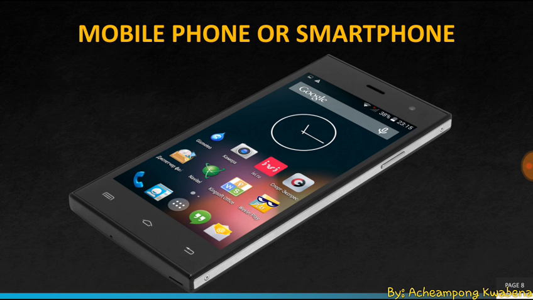And the next one, we have mobile phone or smartphone. The mobile phones we see our parents using are also examples of computers. They also accept data, process the data, store the data, and give out information. The smartphone, as we can see here, is an example of a computer.